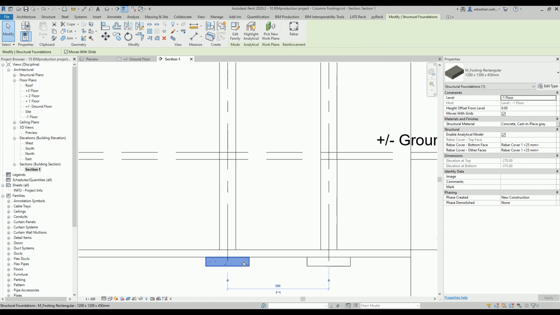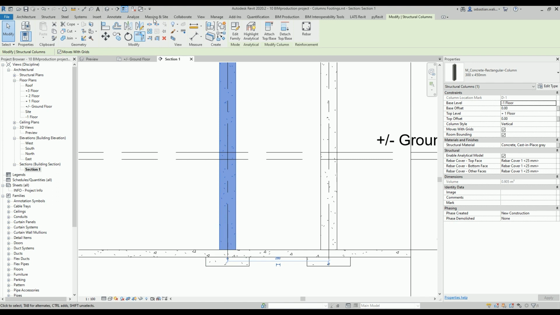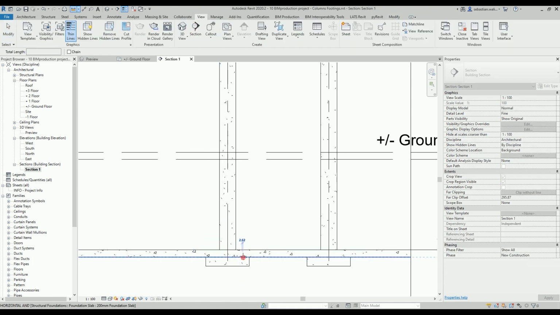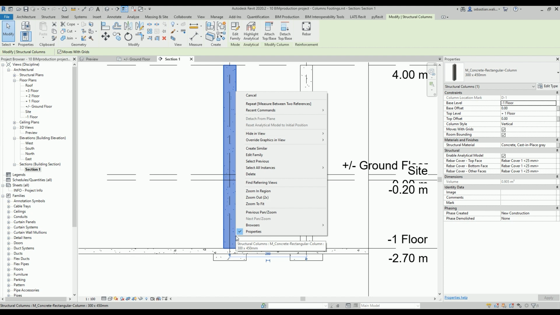And here we can see that my footing seems not correct. I will check the dimension of my footing by using measure between two references. I click the first endpoint, and the second endpoint is 25 centimeters. So my footings are into the slab. I would prefer that my columns be base offset by the height of the slab, which is 20 centimeters. So on my section 1 I will choose one of the columns and click the right button of the mouse,